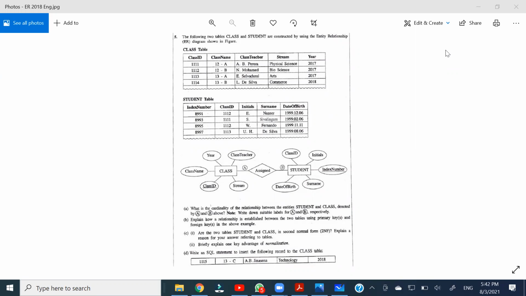So for the explanation in part C, dear, it would be good if you talk about the student table and the class table separately. In the student table, the non primary key attributes depend on the primary key attribute, which is the index number. Next, in the class table, the non primary key attributes depend on the primary key attribute, which is the class ID. Right? And the advantage is correct. And yeah,